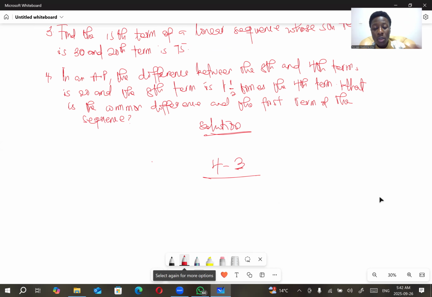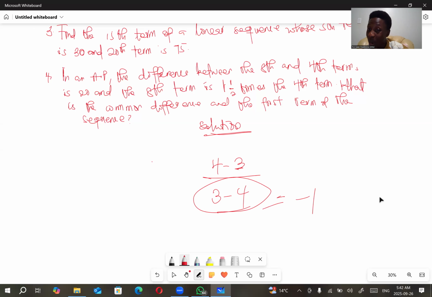Yes. Because the difference between 4 and 3, if you say when you subtract 4 from 3, it's different. If you say when you subtract 4 from 3, meaning when you have 3, then you are subtracting 4 from 3. This is what it means. If you do this, 3 minus 4 is negative 1. So if I say the difference between 4 and 3 is 1, to be on a good side,